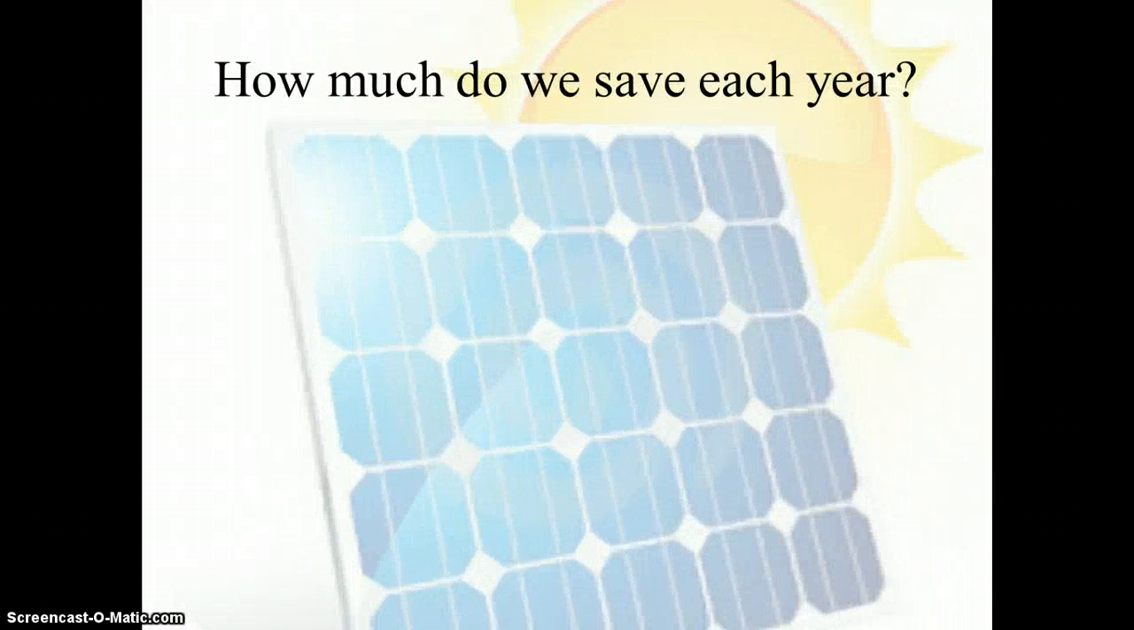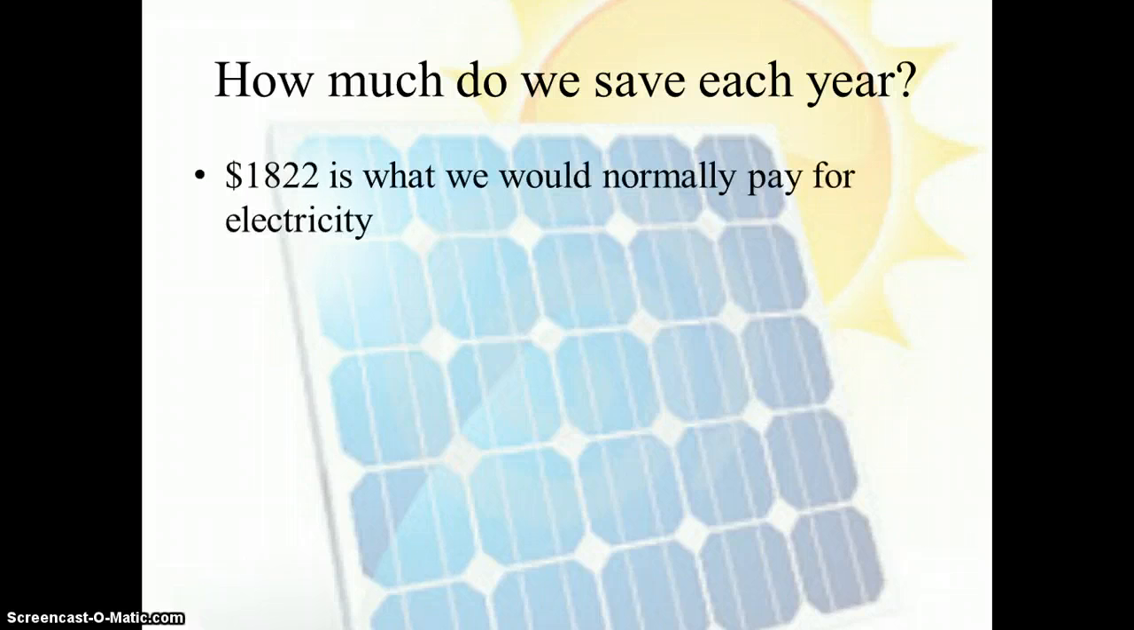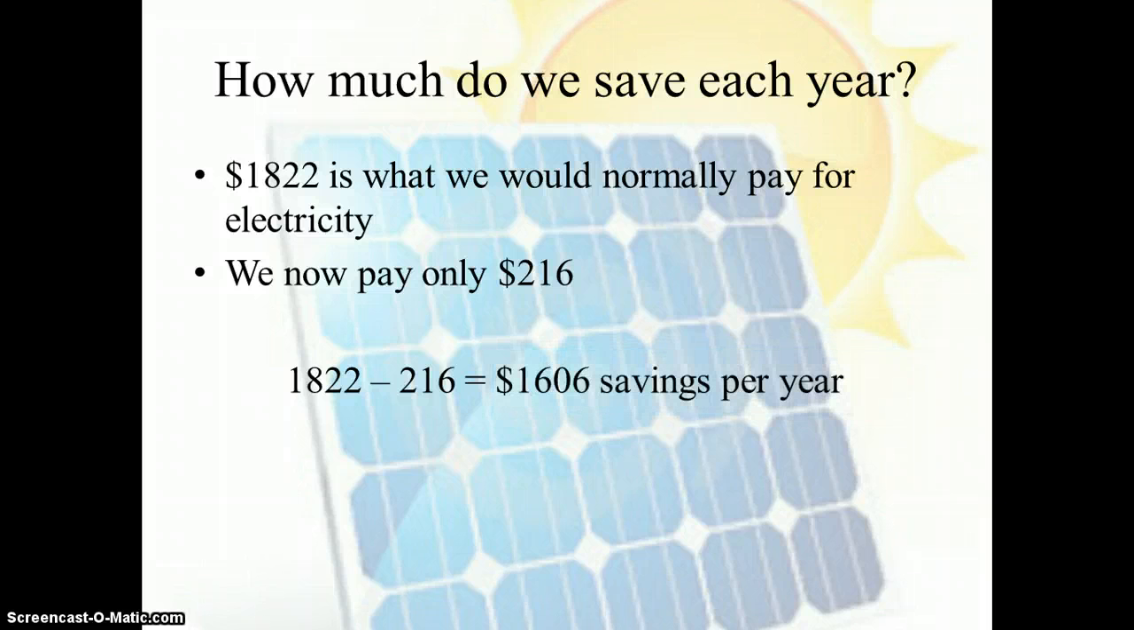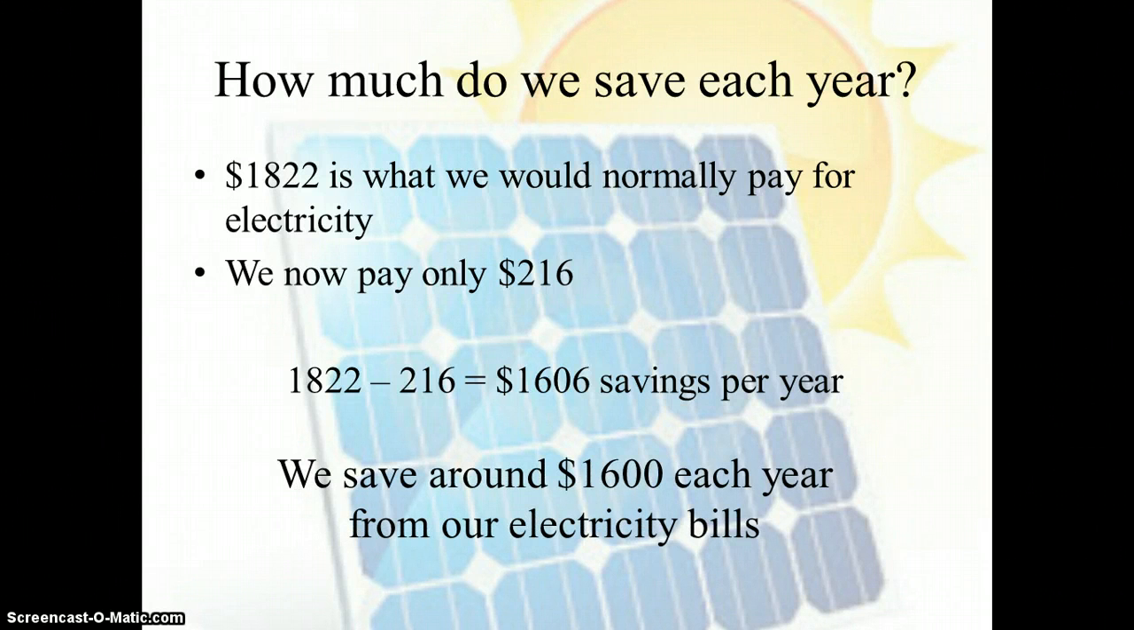So how much do we save each year? We can now work out what our total savings each year are with solar panels compared to electricity using coal. So 1822 is what we would normally pay for electricity. We now know that we pay only $216. So we need to subtract these numbers. So 1822 and subtract 216 from that number. That will give us the amount that we are saving. So $1,606 savings per year. So these savings mean that for an $8,000 system, it will pay itself off in 5